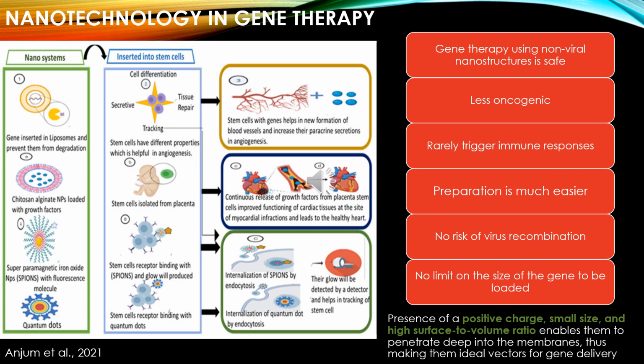The vector used should be highly specific, and it should be efficient in releasing the gene or genes of variable sizes. It depends upon the genes that we are going to target. It should not be recognized as an antigen by our host immune system. The vector should have the ability to express the inserted gene. When the gene is correctly inserted, it inhibits and corrects the malfunctions of the mutated gene, and it induces the normal function. So this is the role of gene therapy when using stem cells.